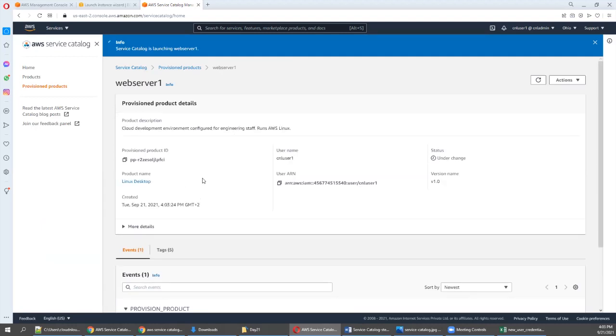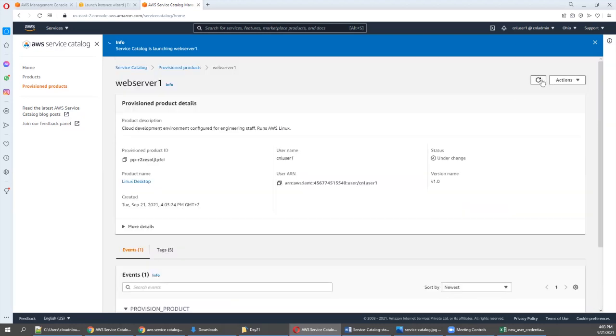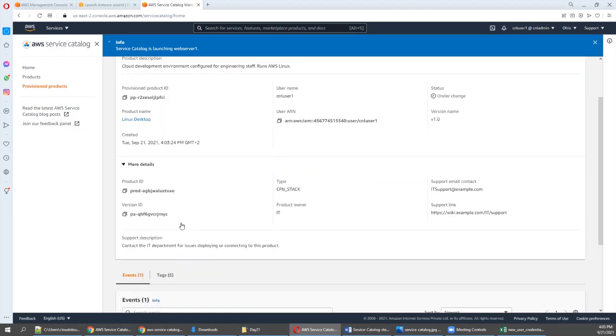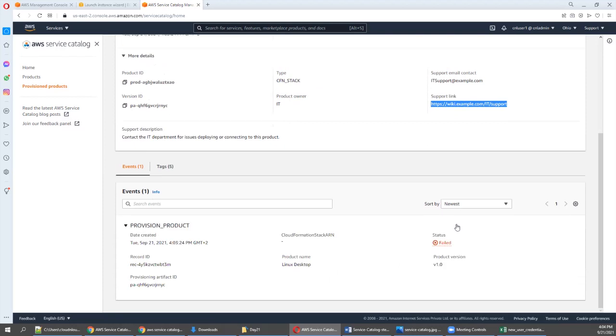See here. So this is how the Service Catalog always helps most of the projects. Even if you refresh it and go through all these details, see, whatever we specified during the portfolio and product creation, everything is coming here. So the end user also will have more clarity. Okay, there is a problem. Whom do I need to contact? There is a problem, where do I first go and refer the first level of information? So everything you have defined here, right?